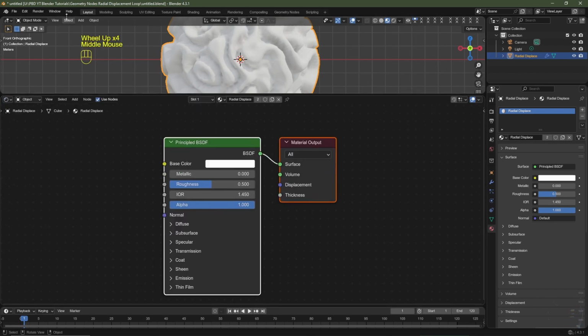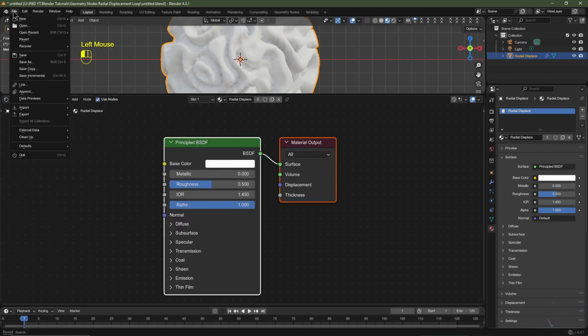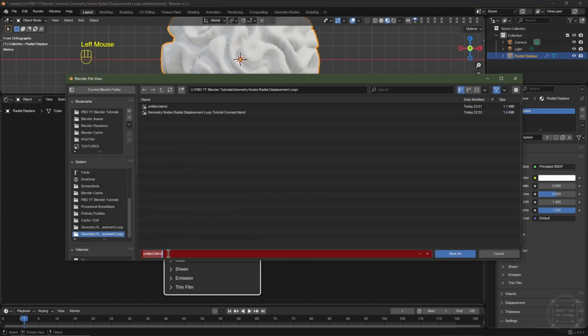Before we continue, it's a good idea to save your project. So I'm going to click File, I'm going to go to Save As, and I'm going to save my project